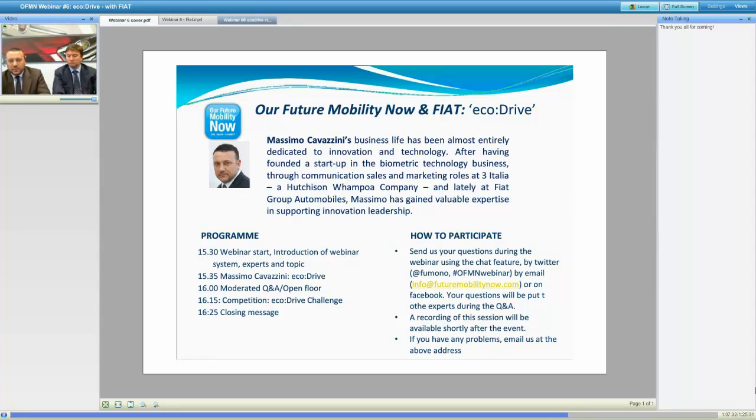What I mean is that if we take the cultural section of the white paper, we saw that the UK drivers are, let's say, the best eco-drivers, and we could say that on one hand they are by culture eco-drivers. On the other hand, we can say that public administration in Great Britain have